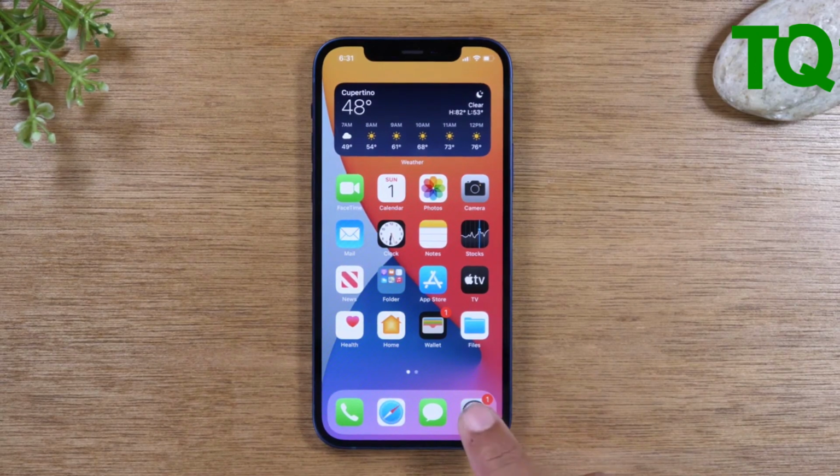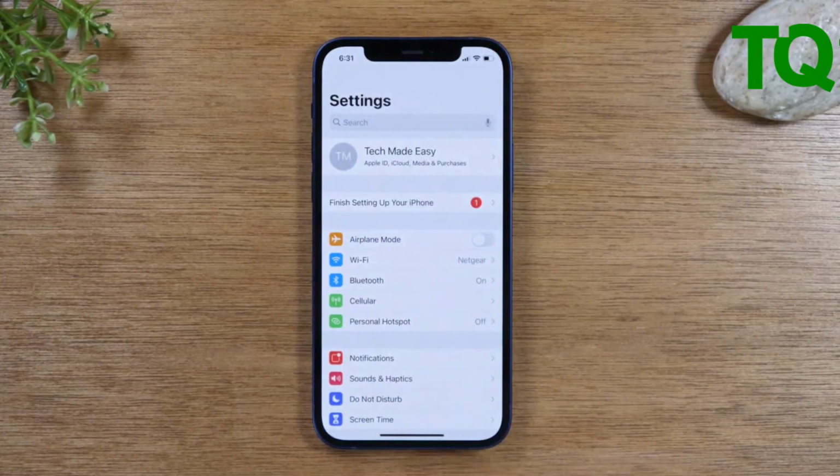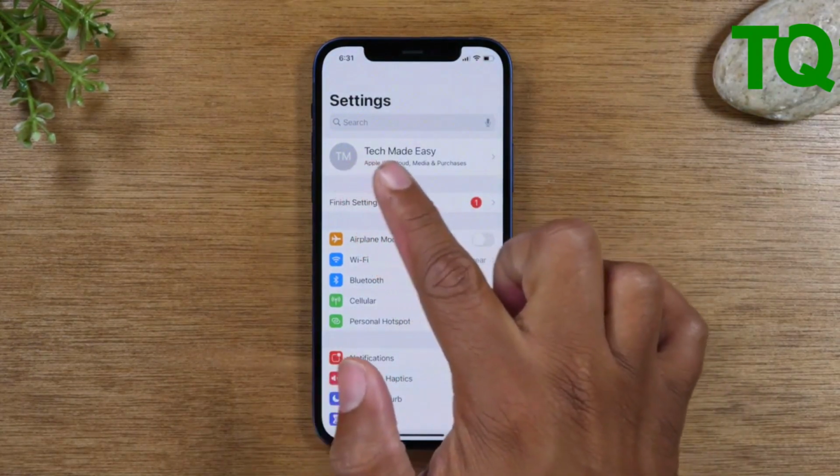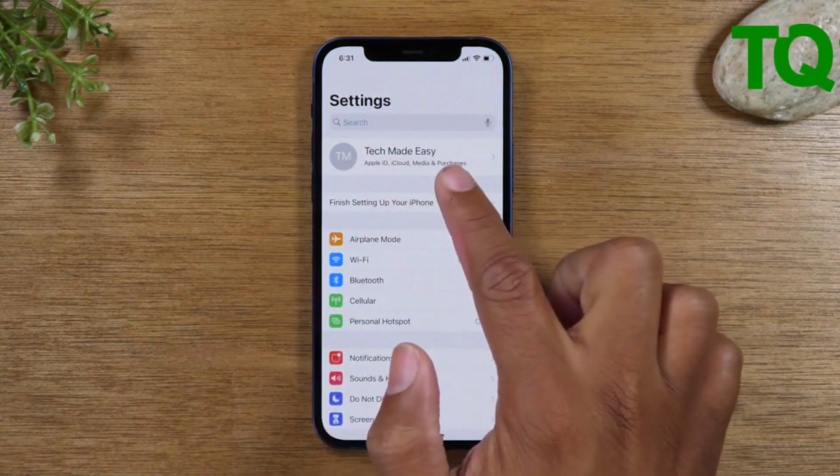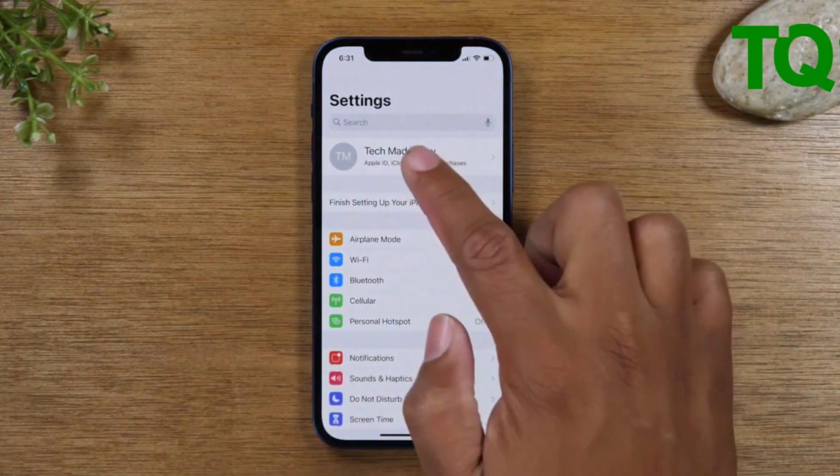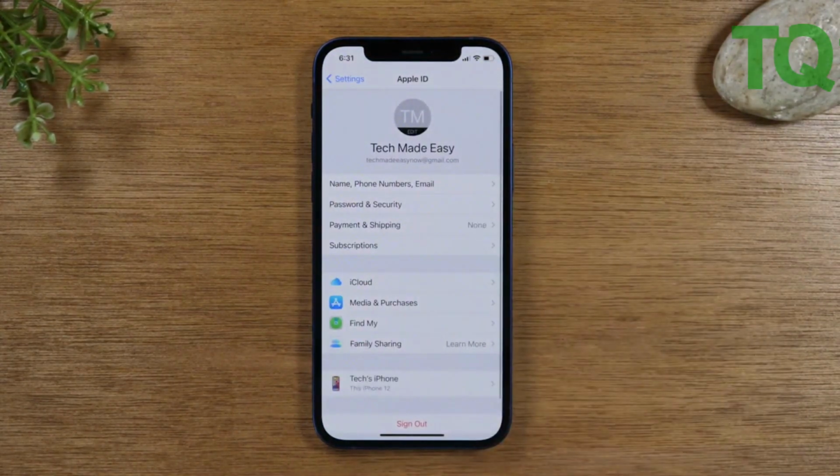So what you'll want to do is go to the Settings app right here, and go up to the top section where you see your name and your Apple ID account information. And the first thing you should do now,